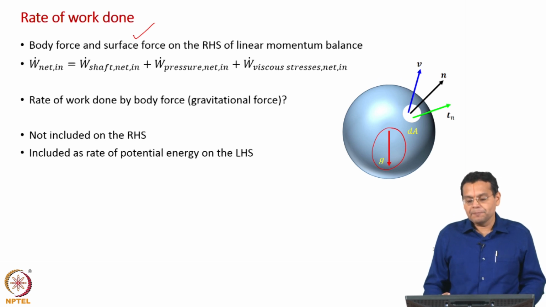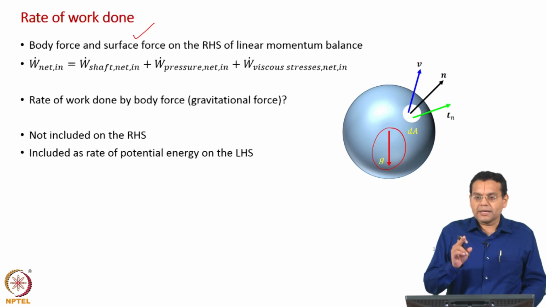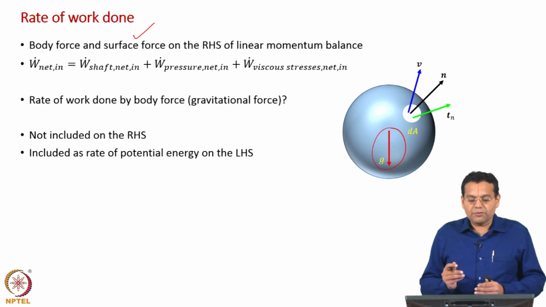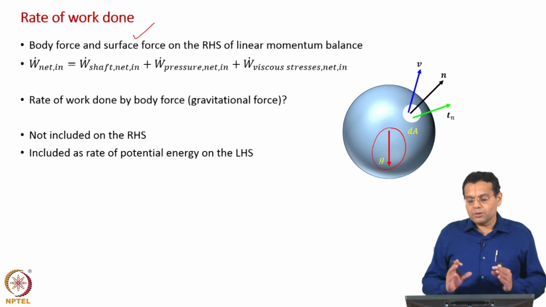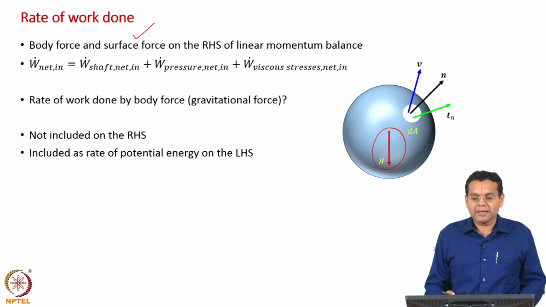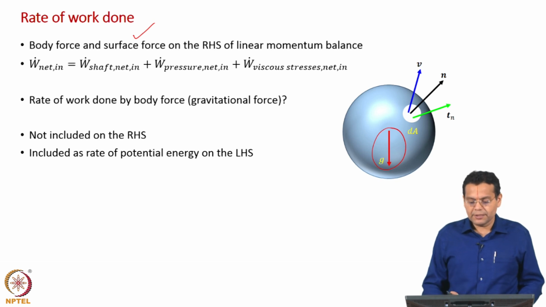What is the alternate way? Do not include on the left hand side, include only internal energy and then kinetic energy without any potential energy term, but include on the right hand side as rate of work done by gravitational force. Two different approaches are there, you have followed the first approach. Of course, more advanced books, let us say postgraduate level books, follow the second approach, which is more formal, which is in line with our linear momentum balance also. But usual fluid mechanics books, especially the undergraduate ones, follow the approach which we have followed.